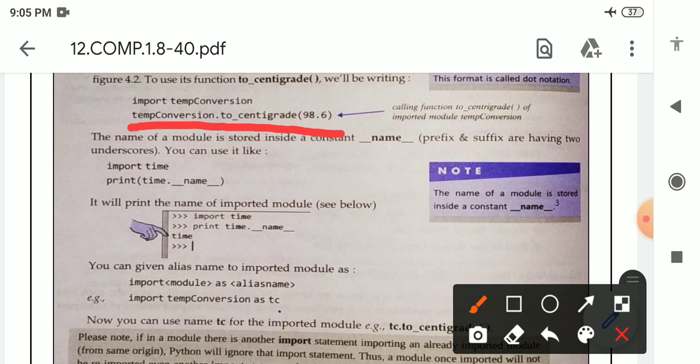See this statement. So in place of temp conversion we can simply write TC. Why? Because we are providing an alias name, the name which will be used in place of the name of the module which was used at the time of importing.